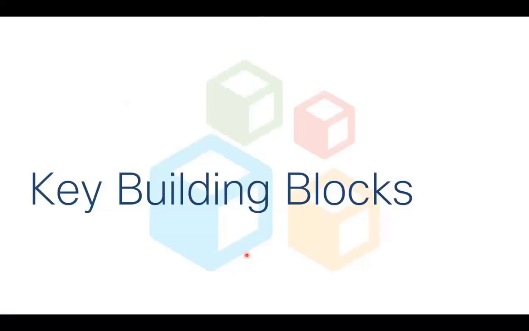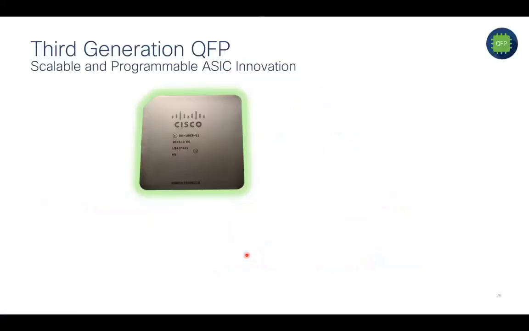What we have today is Catalyst 8000 Edge platforms. The first thing that comes to my mind is, what is new? What is special in these platforms compared to the existing ISR or ASR portfolio? Why do I think that these are better than any other platforms out there? To understand all this, we first have to understand the key building blocks that these platforms are built upon. And when I think of them, the first thing that comes, and I want to introduce you to, is the Quantum Flow Processor. The third generation of QFP is getting launched alongside the Catalyst 8500 portfolio for the aggregation use cases.